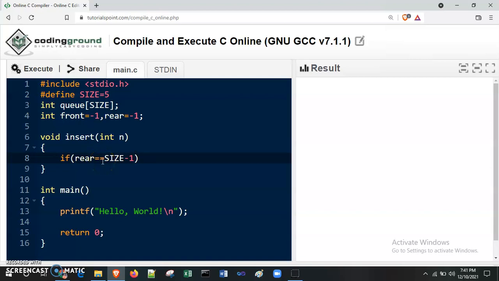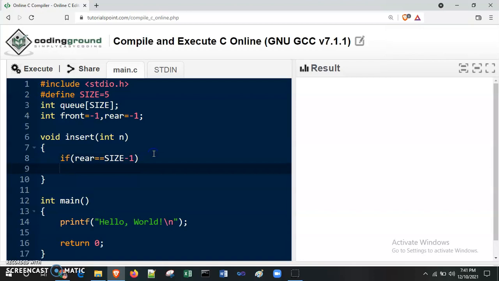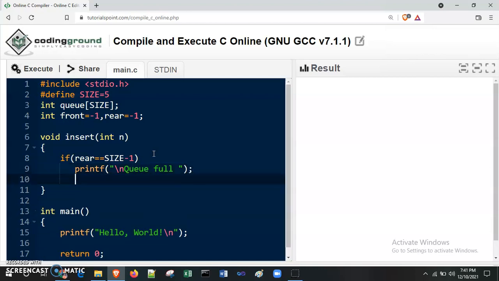If rear is exactly at the last index, then we can't insert any element inside this queue. So we give the message as printf queue full can't insert, because rear is at last position. Q is full or Q full, can't insert. Whatever you want to give the message, type here.